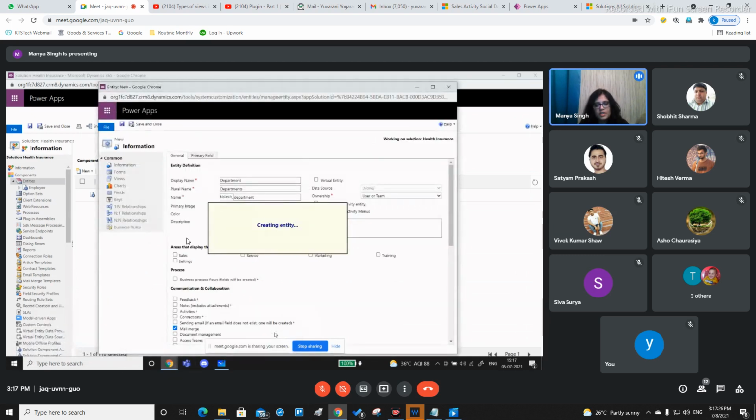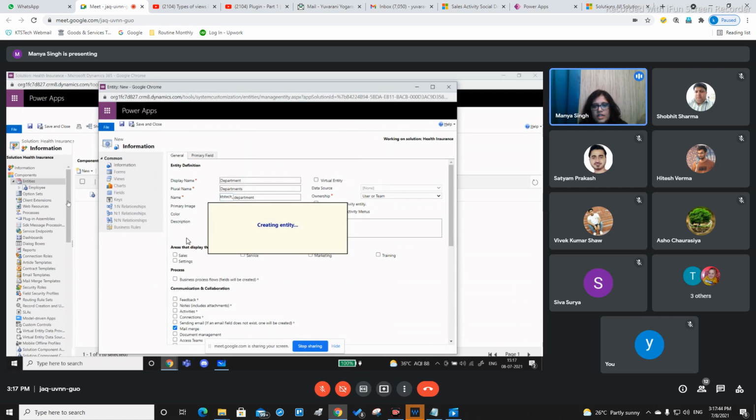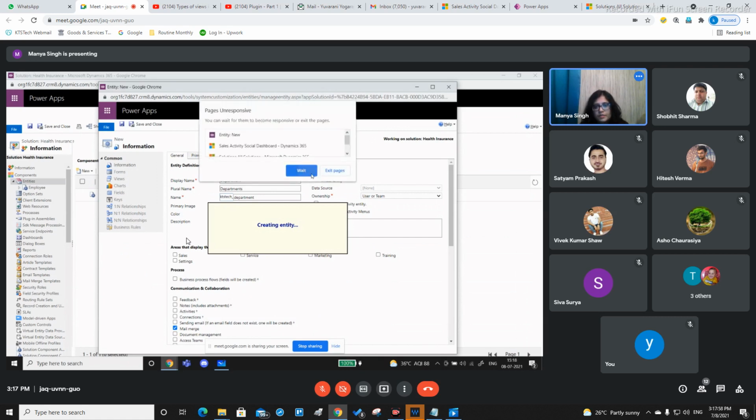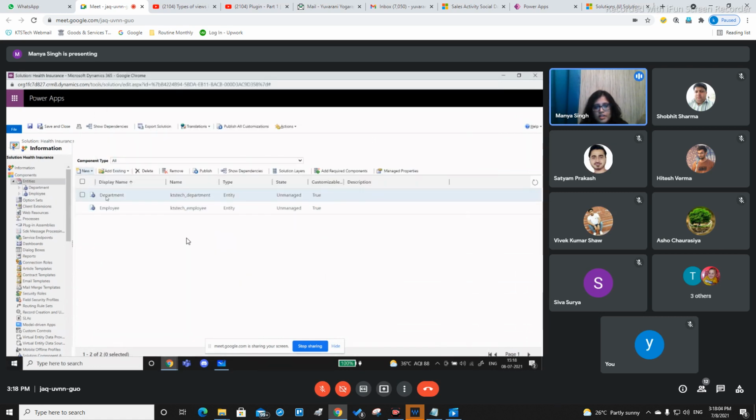Okay, so once you are done creating a new entity, now in your solution you have two entities. One is an employee, other is known as a department. Now I want to map these employees to some departments. Obviously in any organization, the employees will be part of some or the other department, right? It might be HR, it might be management, it might be their software teams. So there will be various departments in a particular organization, and I have created a new entity known as department, and we'll be working upon this entity. So now here in our list we have two entities, one is employee, other is a department.